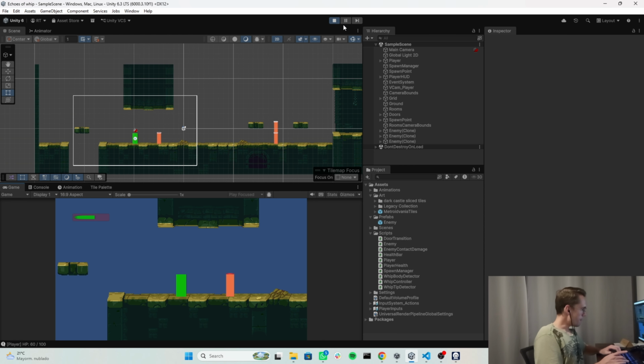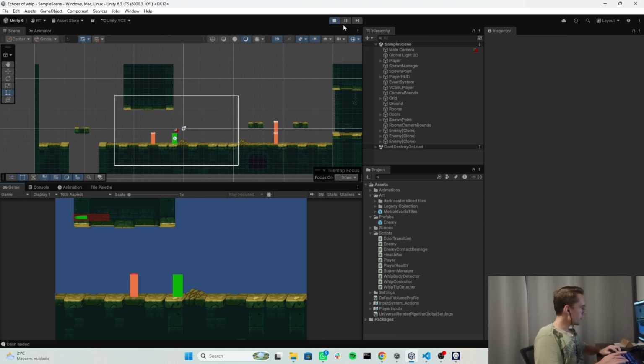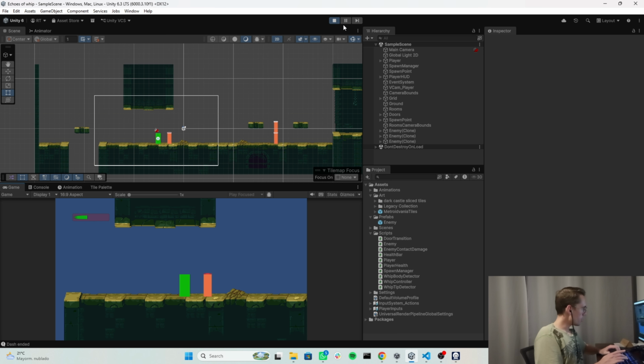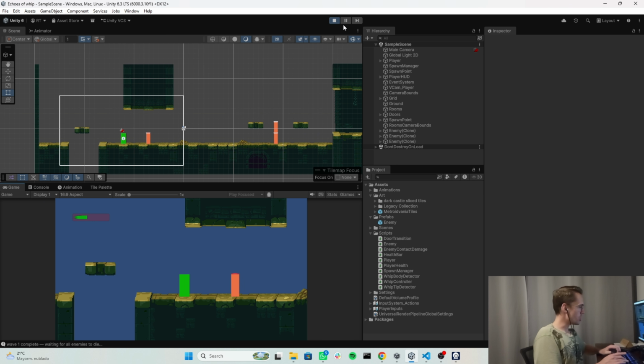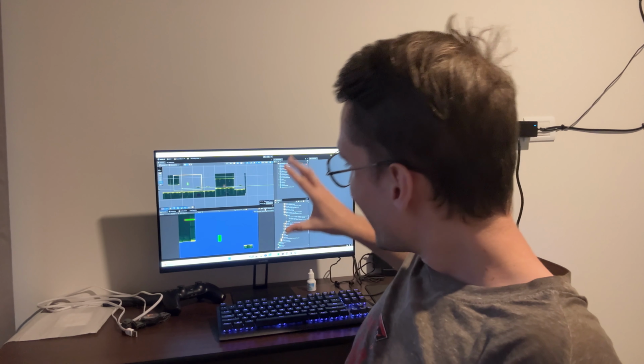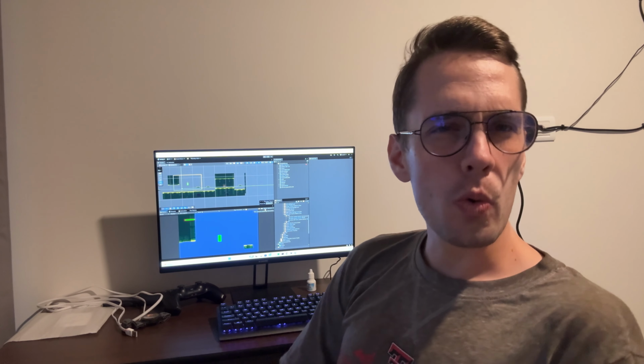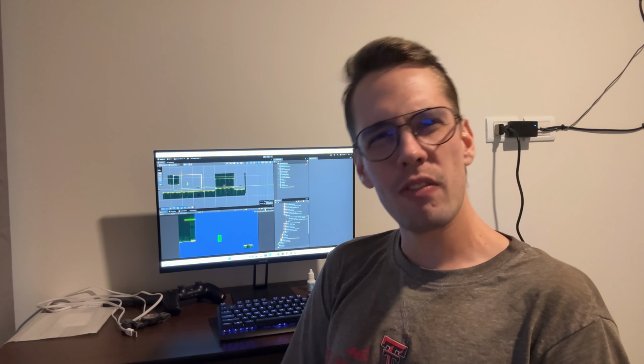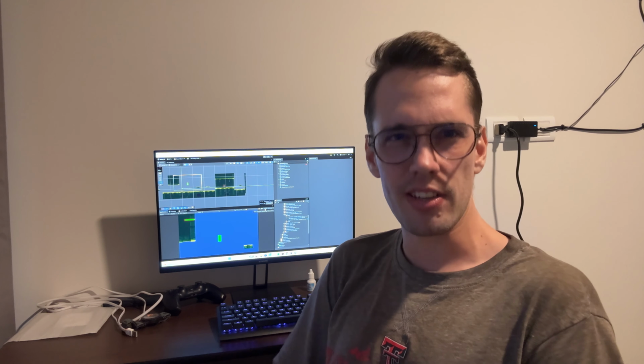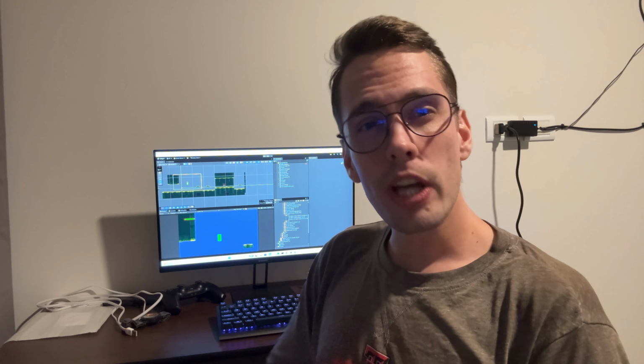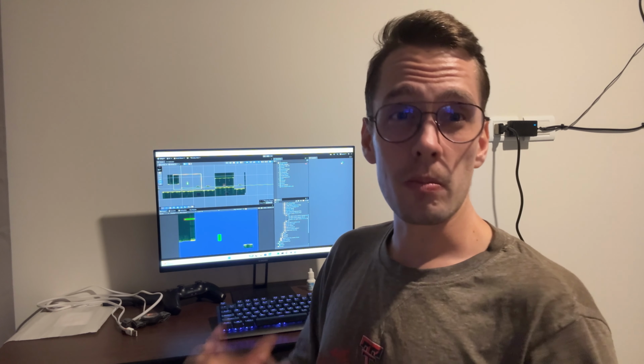So if I dash through the enemy, let me show you again. There you see, I don't take damage. And that's the point. The dash is a crucial part of our game because the combat relies heavily on positioning and spacing. It gives the player a quick way to reposition, dodge attacks, and control the distance between themselves and